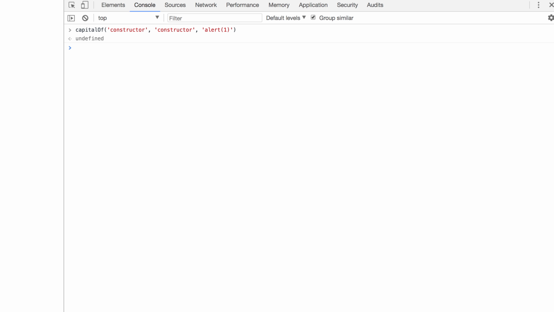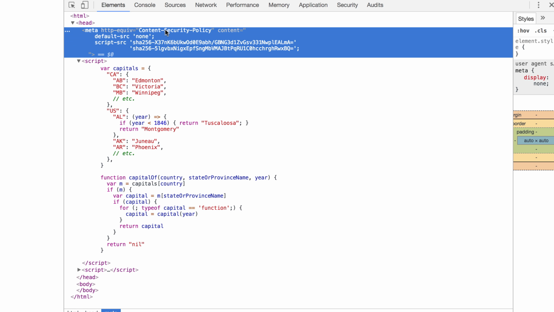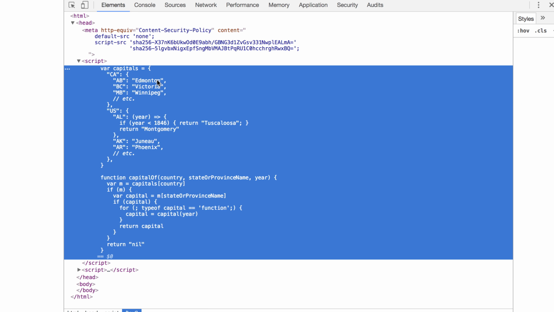JavaScript engines have hooks that turn off this behavior. Content security policy turns off eval and capital F function. Here you can see a policy that allows two scripts. And here's our capital F code. The second script